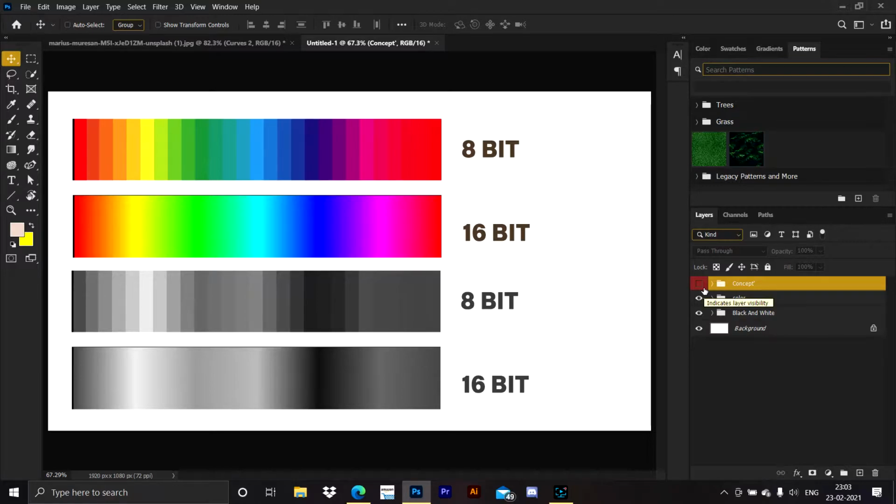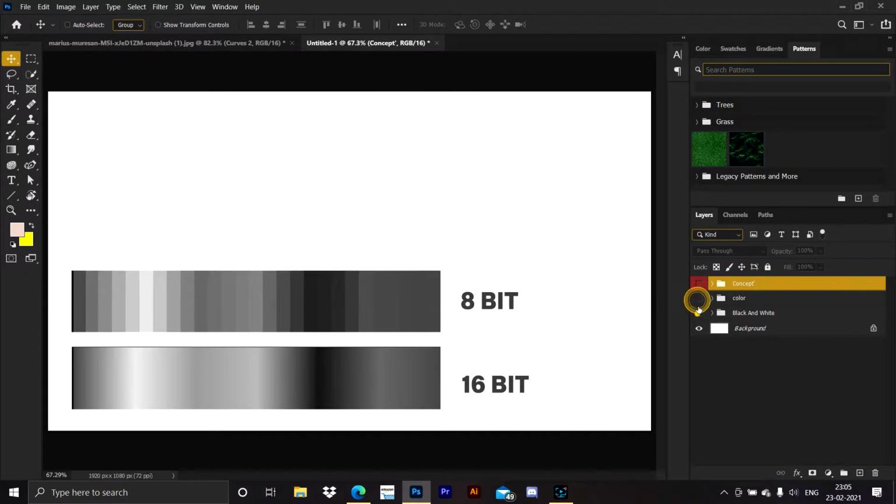So from here, we move over to the next part of the video where I will be explaining the concept of why this happens. Why there is banding in 8-bit and why there is no banding in 16-bit, and why it is better for editing, for photo manipulation and extreme adjustments. For that, we have two color gradients here. One is in 8-bit, the other is in 16-bit, and we also have the luminance values for those colors. In this we can see that the 8-bit color gradient is in the form of banding, whereas the 16-bit color gradient is completely smooth. So why is it smooth and why is it in banding?